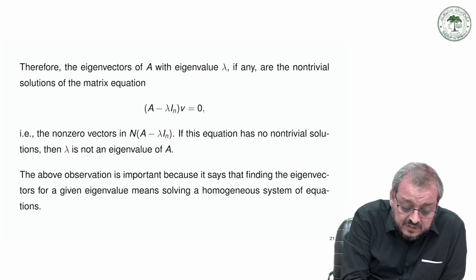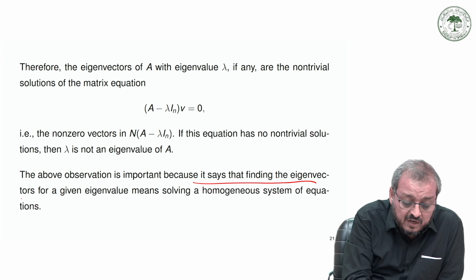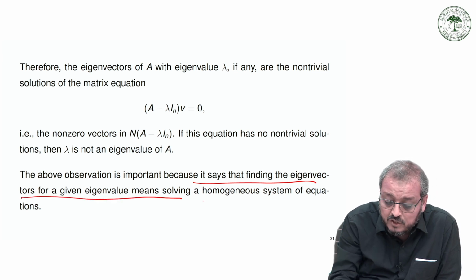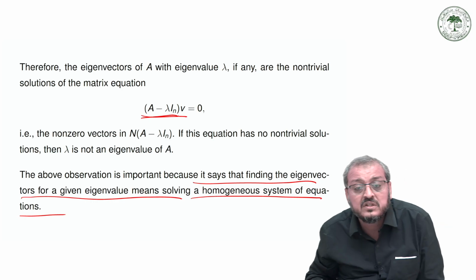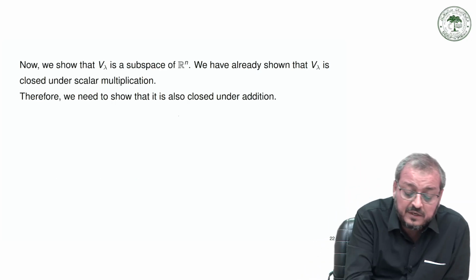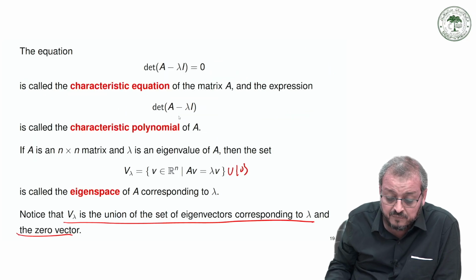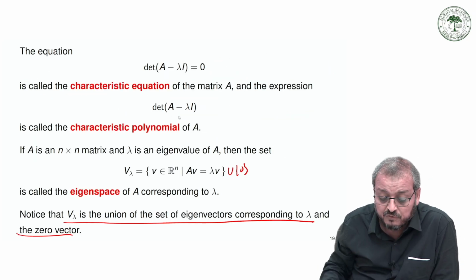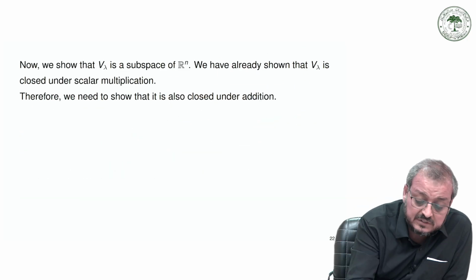Now the above observation is important. Why? Because it says that finding the eigenvectors for a given eigenvalue means solving a homogeneous system of equations. That means we have to define V lambda in this form. So V lambda is equal to, I am writing here,